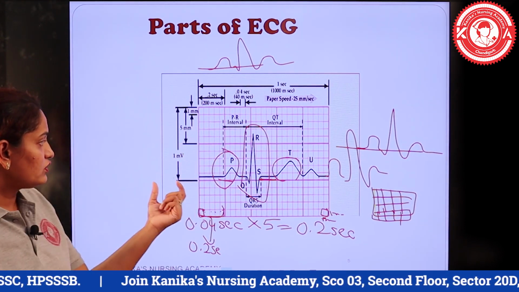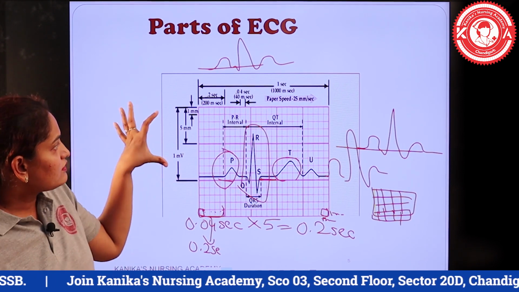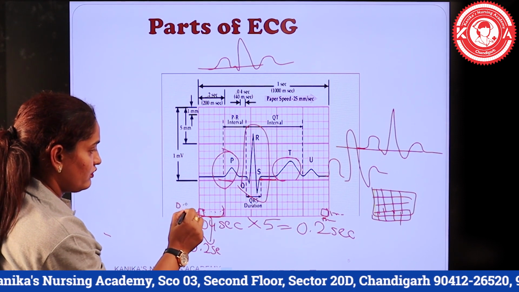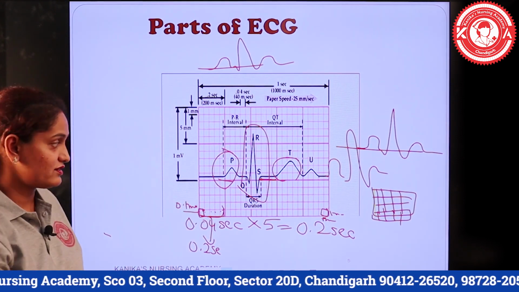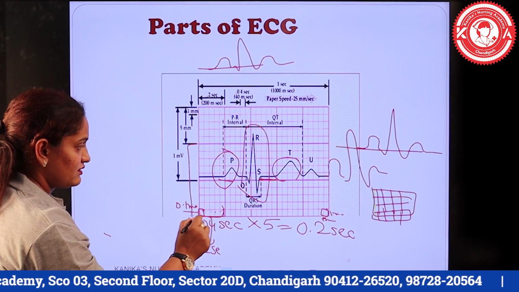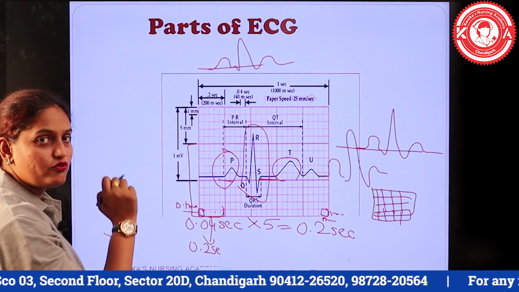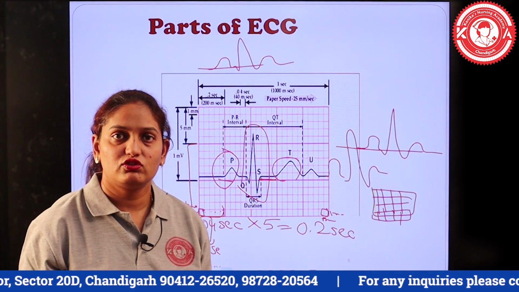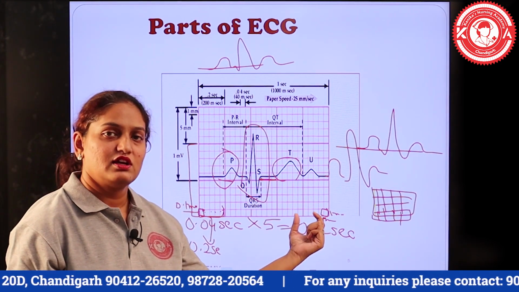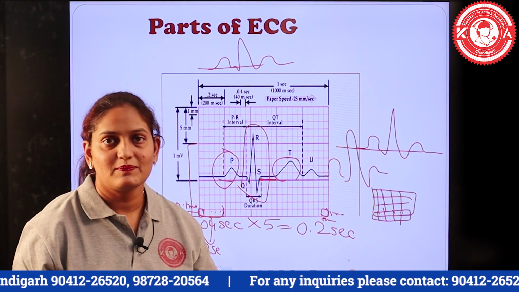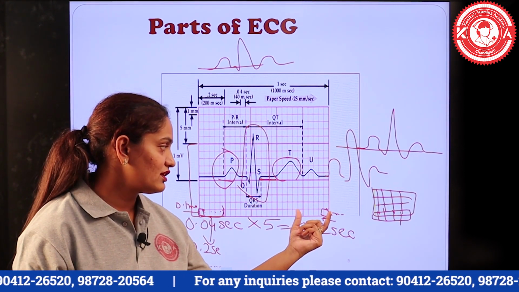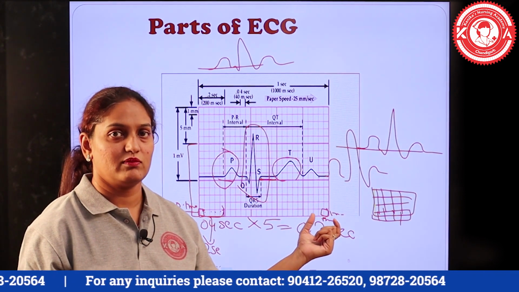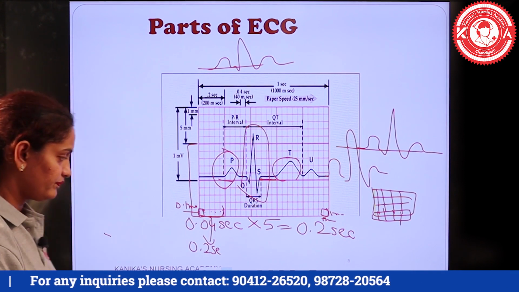5 mm हो गया। So this 1 millivolt is for the 10 boxes. अगर मैं यहाँ पे बना दूँ 0.1 millivolt का एक small box है, तो ये जो 10 boxes की हाइट हो गई, ये हमारी 1 millivolt हो गई है। तो इस तरीके से this is the normal thing which we need to understand, that small box का time period is 0.04 seconds। Multiply कर दिया मैंने उसको 5 boxes से, क्योंकि उसमें बड़े box में 5 boxes थे। Multiply 5 से करने के बाद हमें time interval मिल गया 0.2 seconds का।